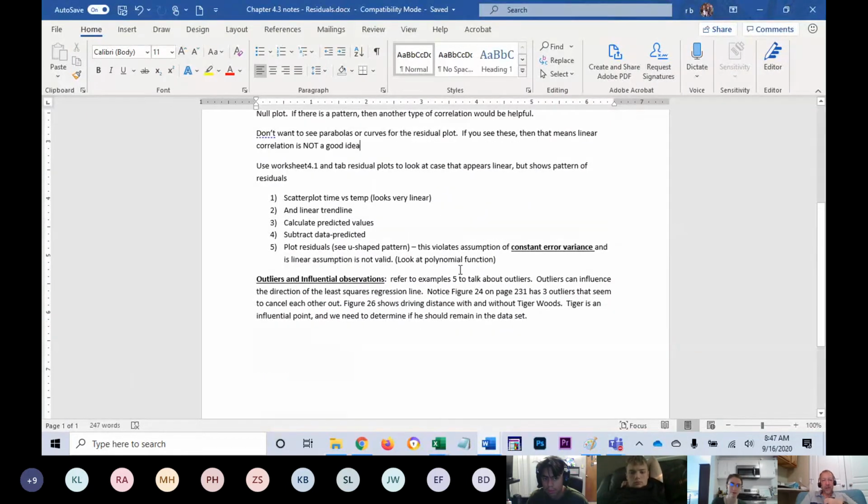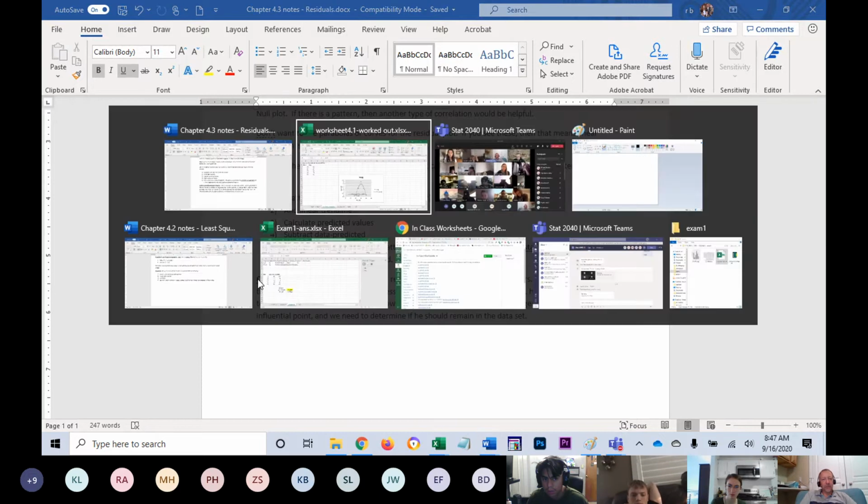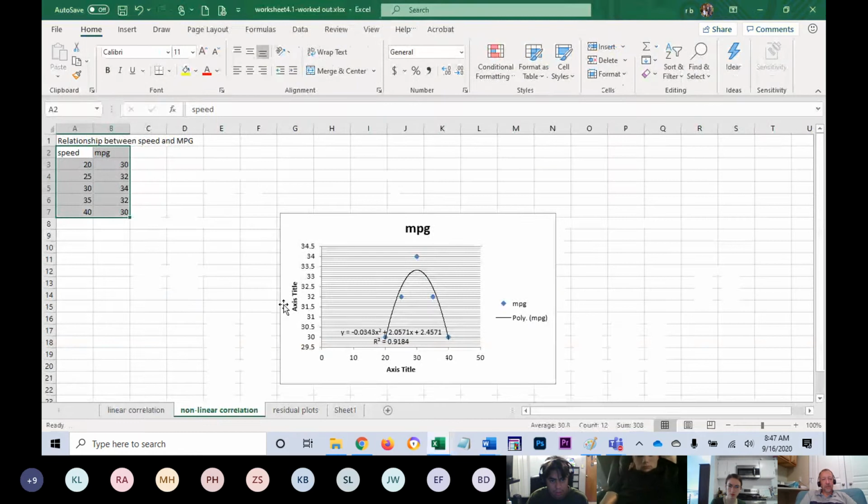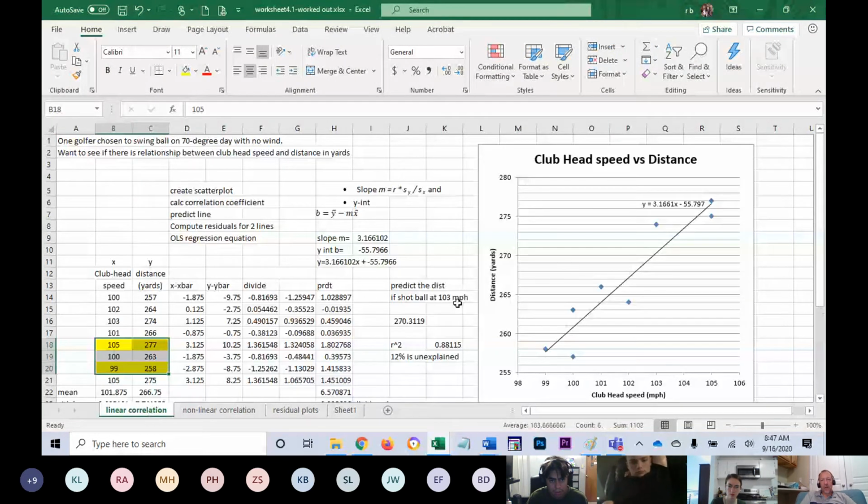I guess here's one more thing. Outliers and influential observations. Oh, let me mention this one other thing. In fact, let me go back to 4.2 for a minute. We do need to be careful here when we're talking about outliers. Now, whenever we're doing ordinary least squares regression, we assume